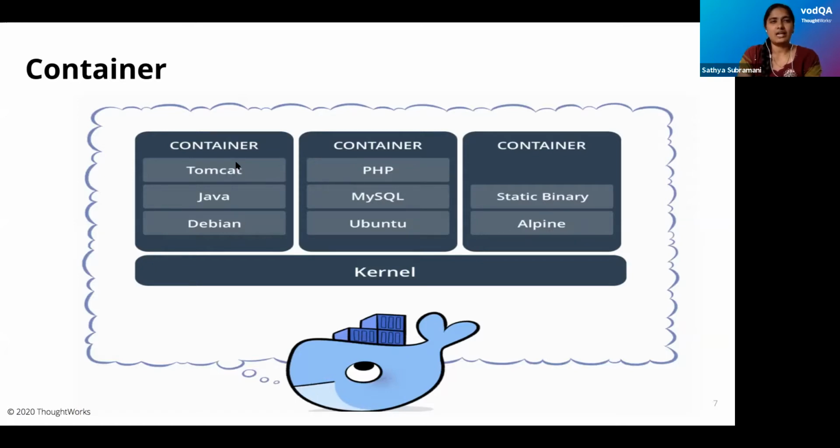If you want to run any image, we call it a container. So this is a container and this is a container. If we run any image, we call it a container. A container will share the kernel of the host OS. So if we want to run anything, it will share the host OS kernel. So this is what images and containers are.